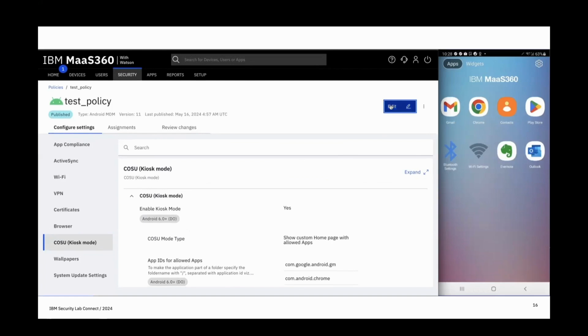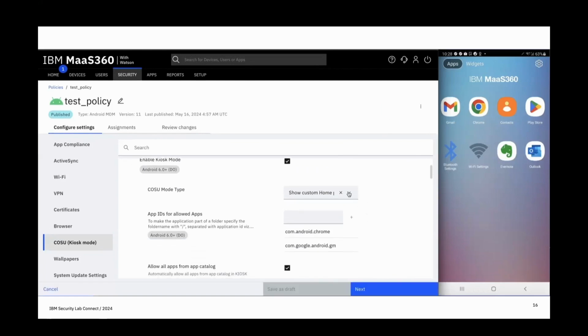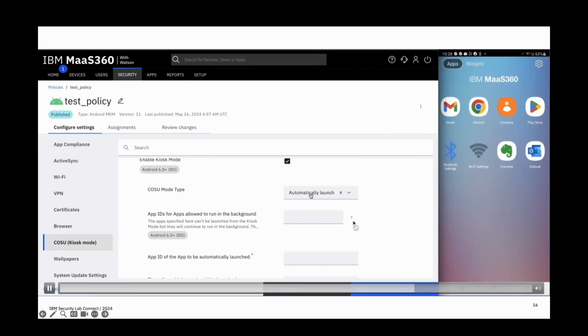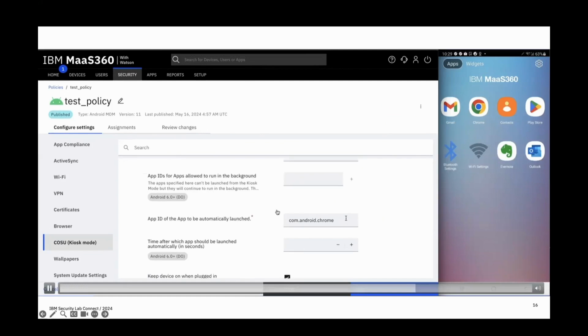So these were all about the multi-app kiosk mode. Now we would like to show the single app kiosk mode. So this option we chose in the COSU mode type, and we have mentioned only the Chrome app. We can mention only a single application over here. So here I have mentioned the Chrome application, and there is a time